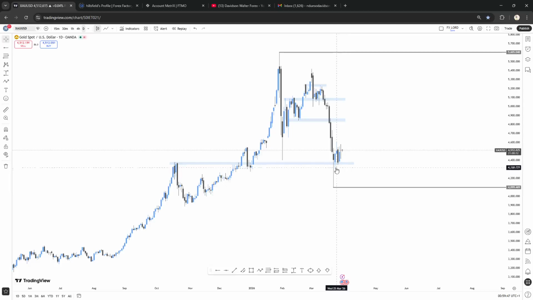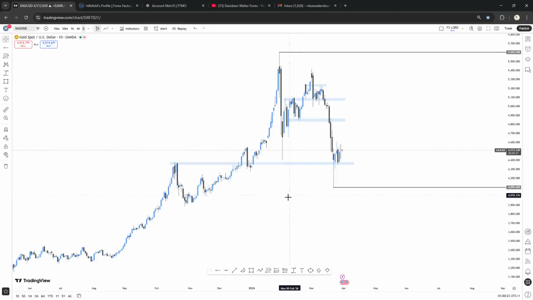So whenever you see a huge rejection candle just like this, let me mark this out. Anytime you see a rejection candle like this, it means what? Buyers are in the market. Same thing you see here. Look at this, this is an example. When this happened, what did you see? The market started trading back to the upside. So the same thing is about to happen here.